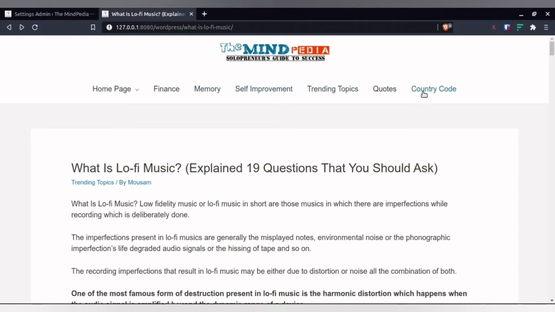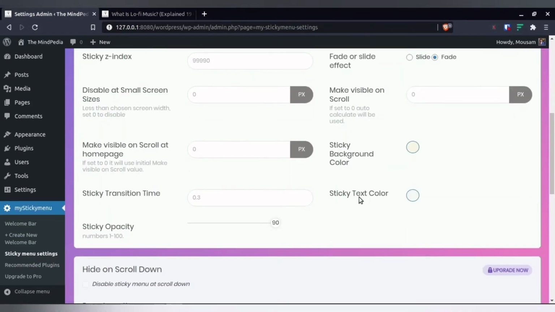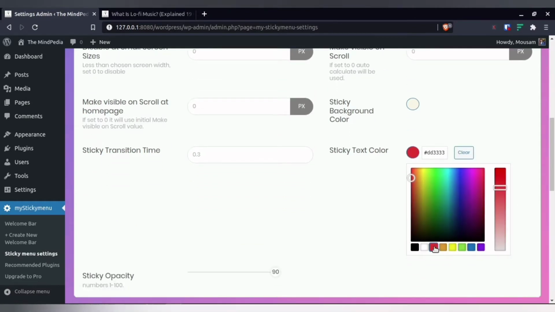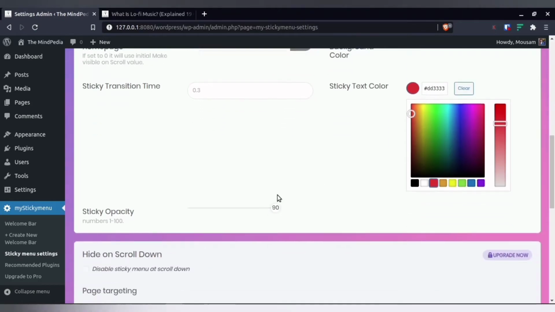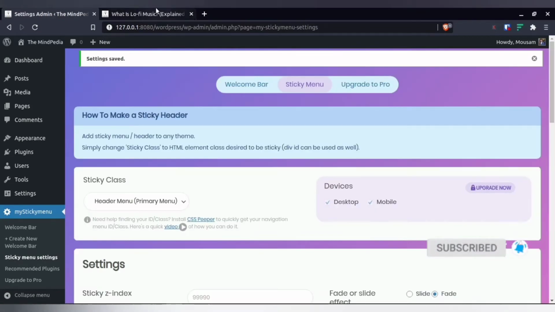Now if you want to change the color of this text, that also you can do. So just head to the sticky menu settings. Over there you have the sticky text color available. Just select the color which you want. For simplicity I am just selecting the red. You can also give the HTML code of the particular color which you want to show. Once you are comfortable with it, just add, save.